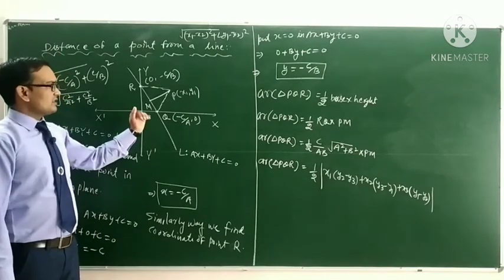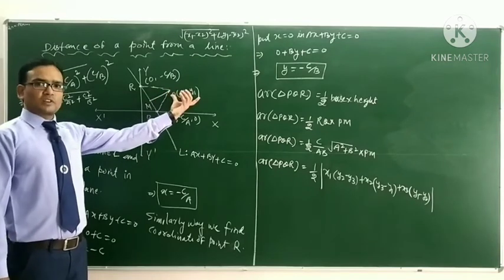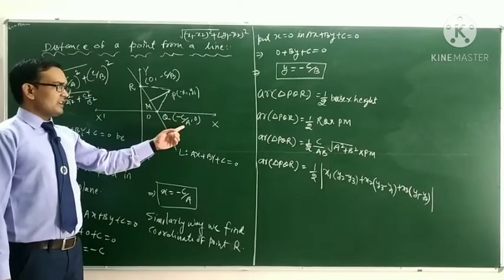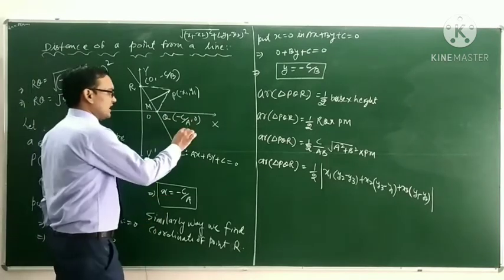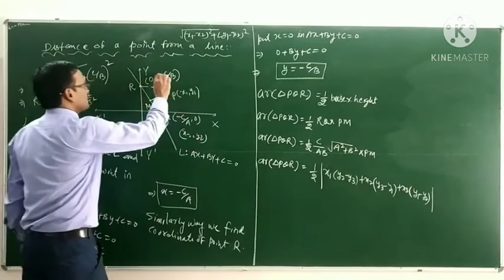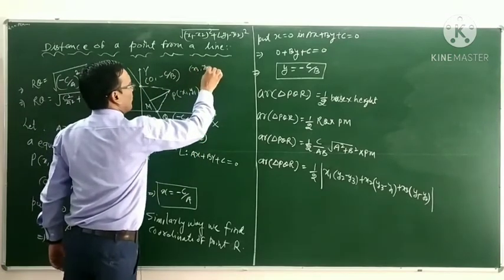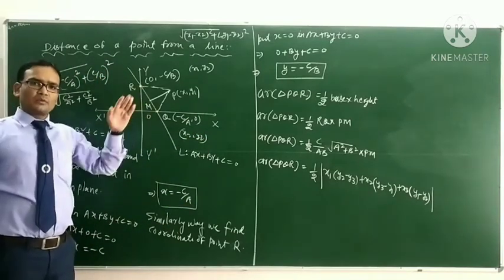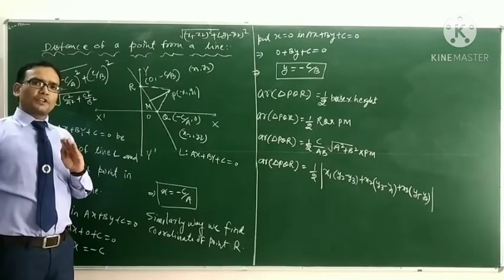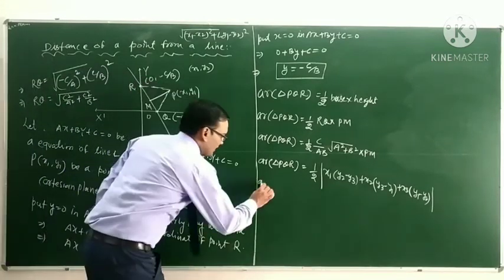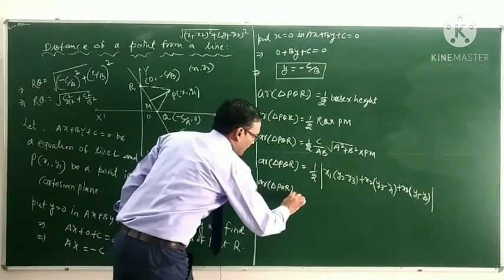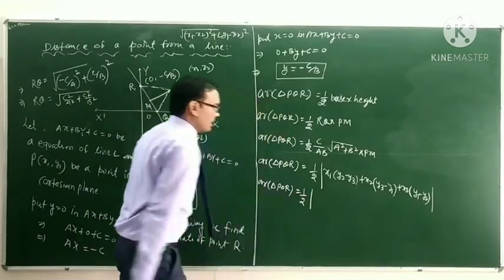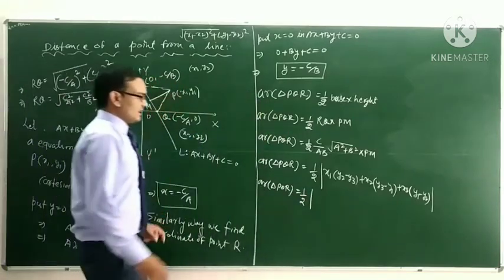Here x1 comma y1 is P, x2 comma y2 is minus c upon a comma 0, and this is x3 comma y3, the vertices of the triangle PQR, and we find the area of triangle PQR. Okay students, area of triangle PQR is equal to 1 by 2 mod of x1,